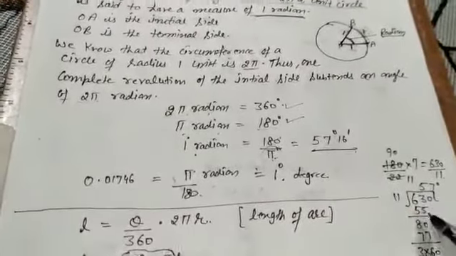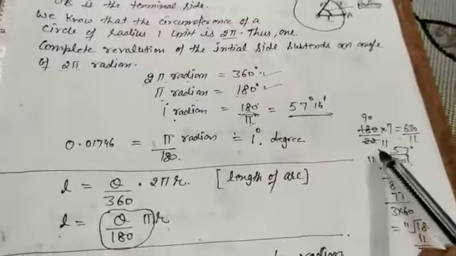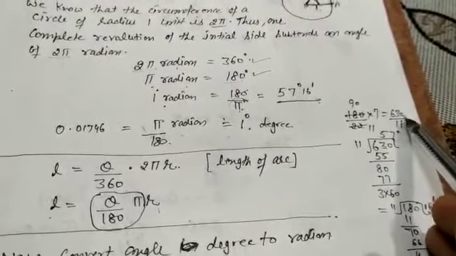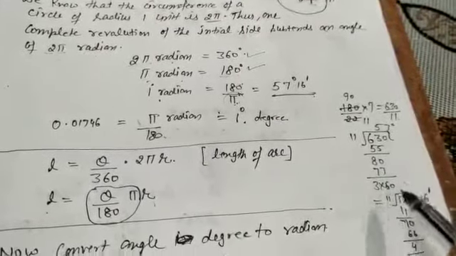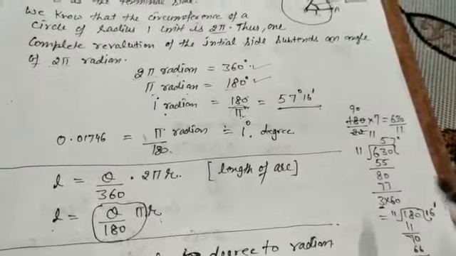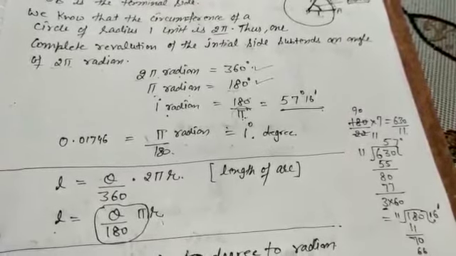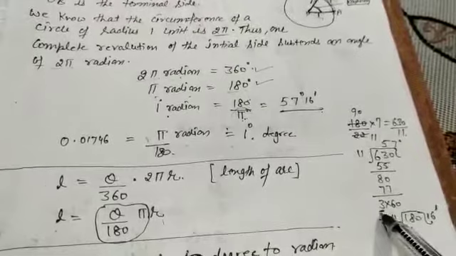See this one. I convert this 180 upon pi. This is 180 upon pi, with pi as 22 by 7. On simplification, 630 upon 11. On dividing, we get 57. And see, the remainder left is 3. Now, this 3 is in degrees. But this 3 is less than 11, and the smallest unit of degree is minute. So we convert degree into minute.